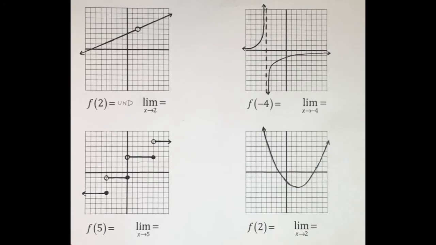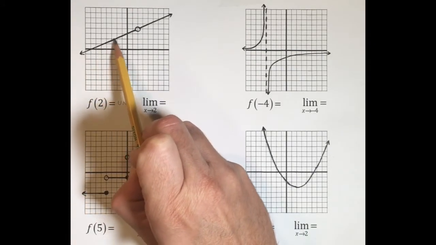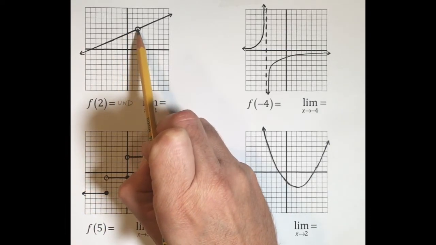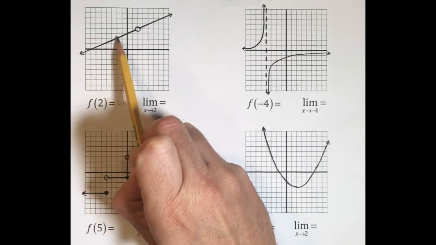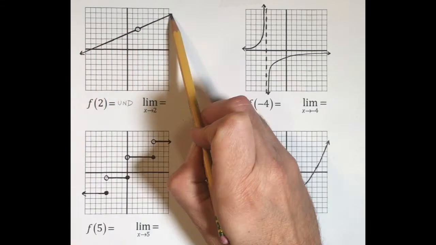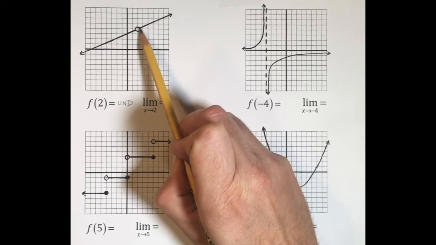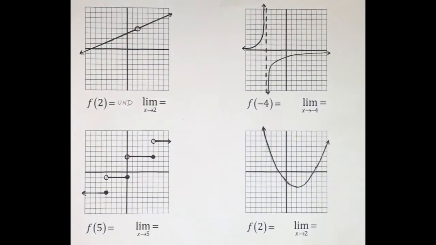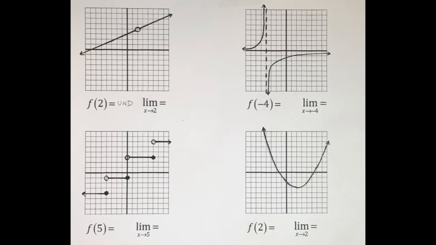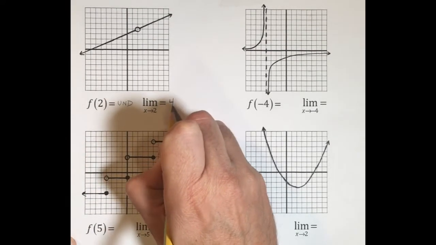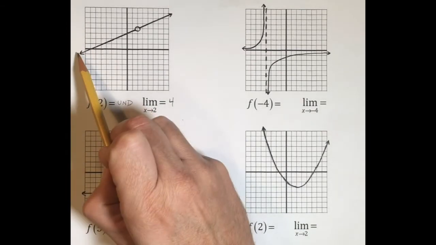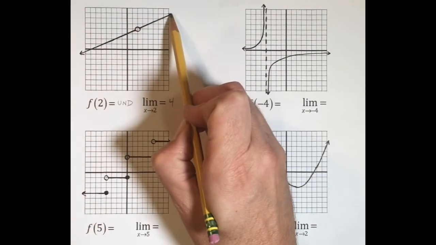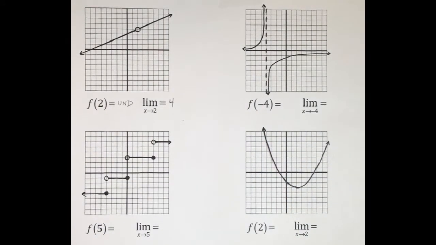However, I now want to show you that there is a limit as x approaches 2. From the left side, as this graph approaches 2, it's clearly headed towards the point 2, 4. Even though the graph doesn't go through the point 2, 4, this graph is headed towards the point 2, 4. Likewise, if I approach it from the right side, it's headed towards the point 2, 4. On both sides, it's headed towards the point 2, 4. The limit as x approaches 2 is 4. It need not matter that the graph doesn't go through the point 2, 4. The graph is headed towards the point 2, 4 from both directions, so the limit as x approaches 2 is